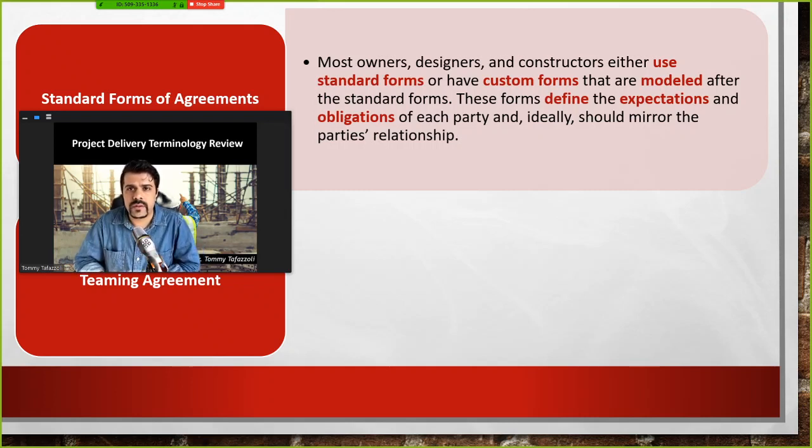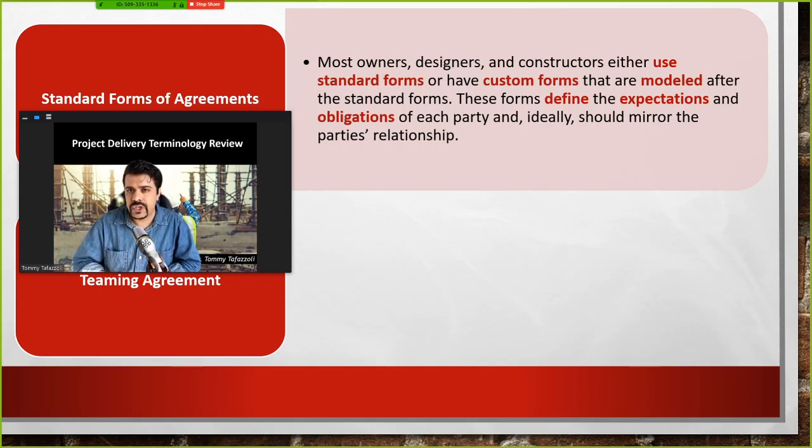For example, an owner would hire a contractor, or a contractor would hire a subcontractor. They have some custom forms that are modeled based on the expectations of their firm, the obligations they want to address in their documents. So they put that together, and then it